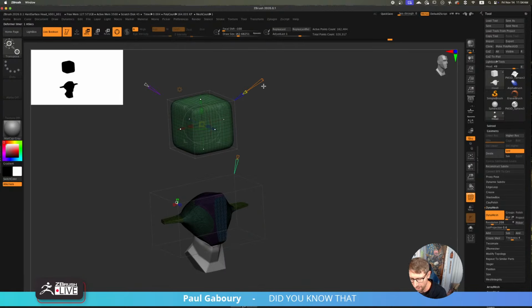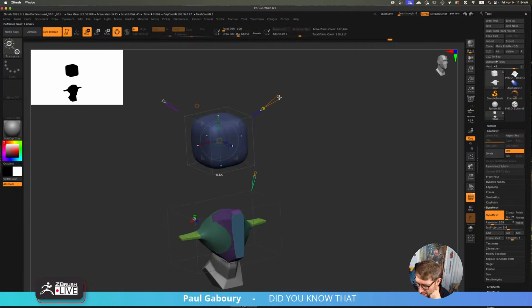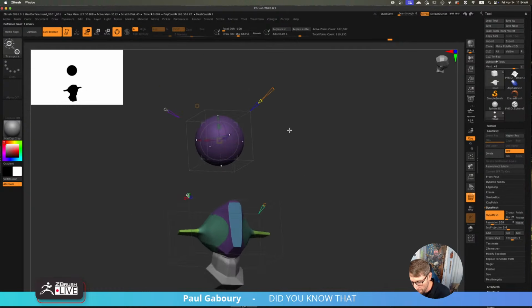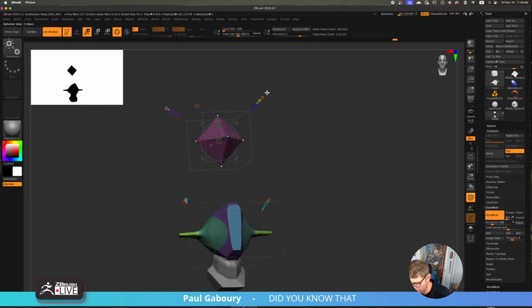I'm going to keep polyframe on. Let's turn off the lines for now so you guys can just see, to make it easier. So you can see this, going through this to this to this. What we did is you can hold the shift key and snap by point. If I hold the shift key, I can get 0.5, which will make a perfect sphere. And then I can go 0.4, 0.3, 0.2, and all the way down to get a diamond.